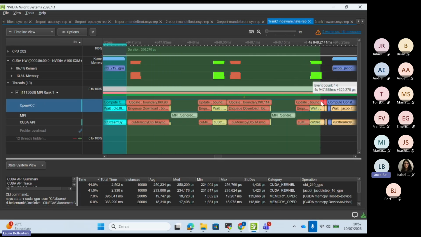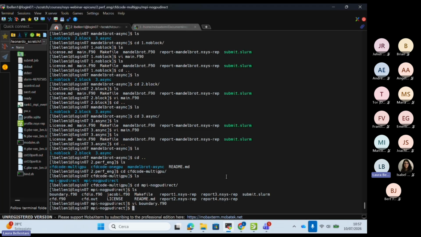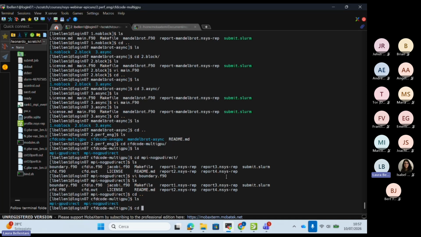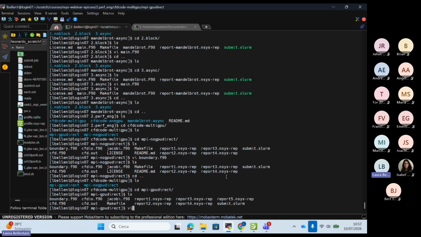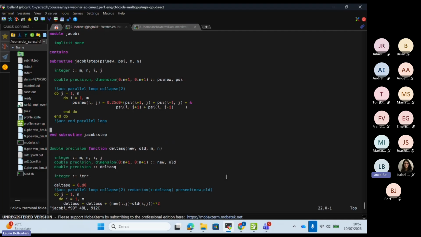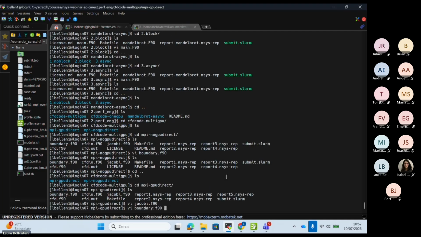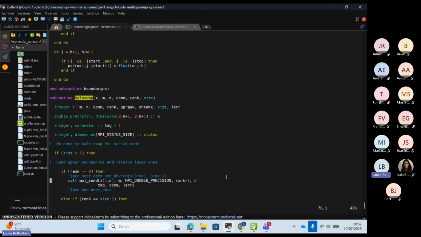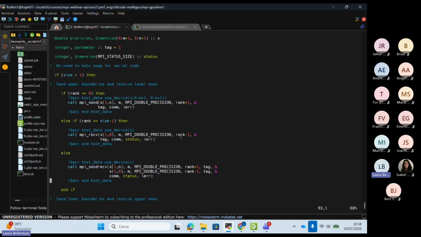But overall, the amount of time spent in this implementation of the communication is about 340 microseconds. Now, let's assume that we don't want to stage the data through the CPU, but we want to exploit GPU-direct peer-to-peer. Here I'm running intranode. And to do that, I just use in OpenACC the clause host_data use_device, which basically tells the MPI library that I'm passing the buffer on the device.